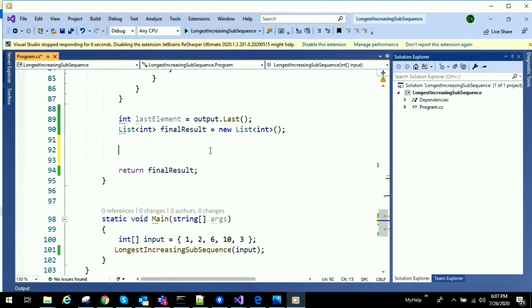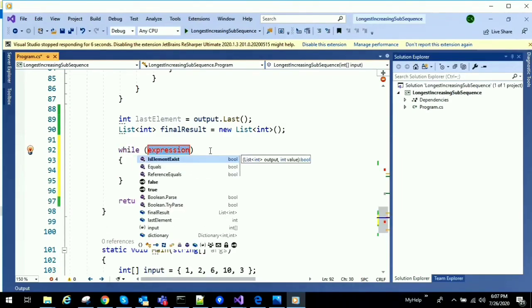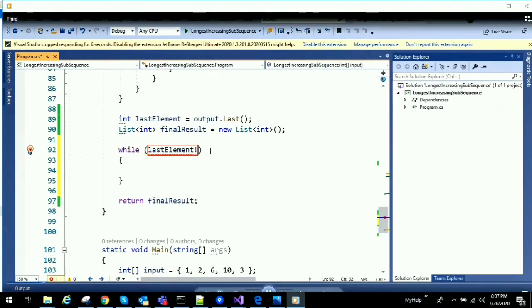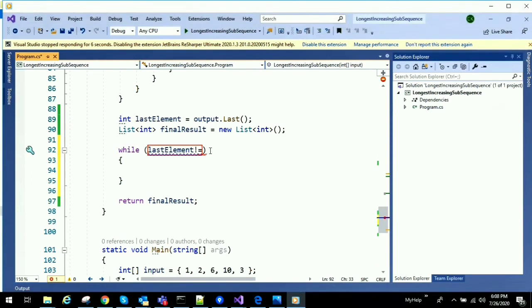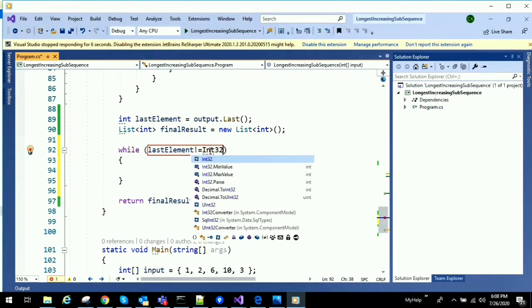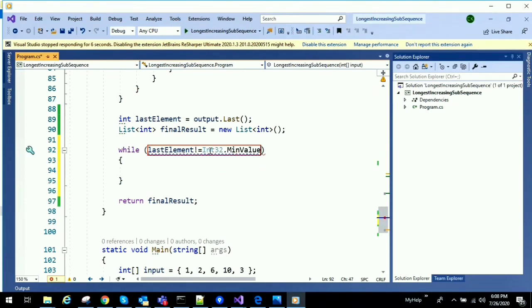We need to loop through all the elements in the dictionary until we find the minimum element. That is what I am doing. Last element is not equal to int 32 dot min value, and we need to add the last element to final result.